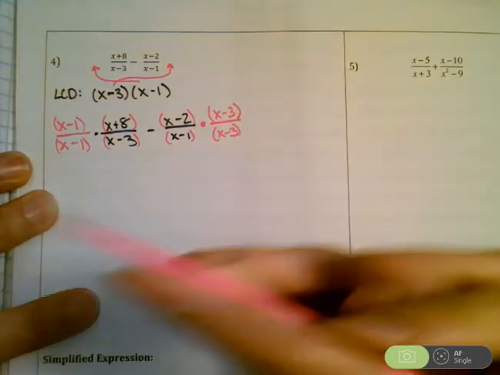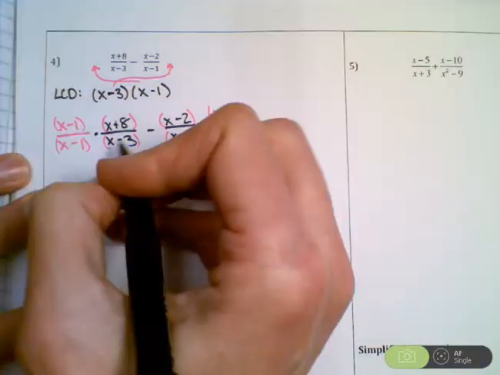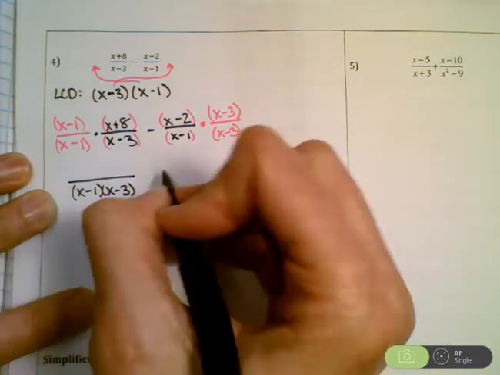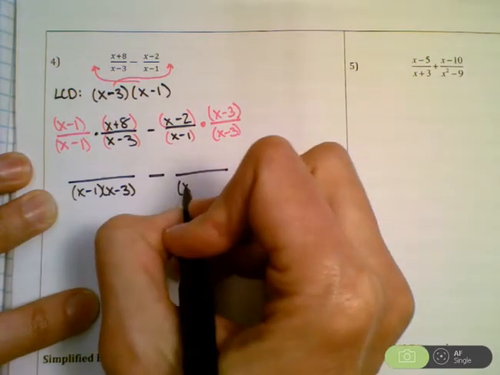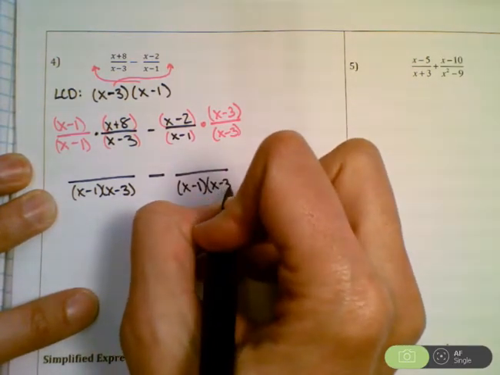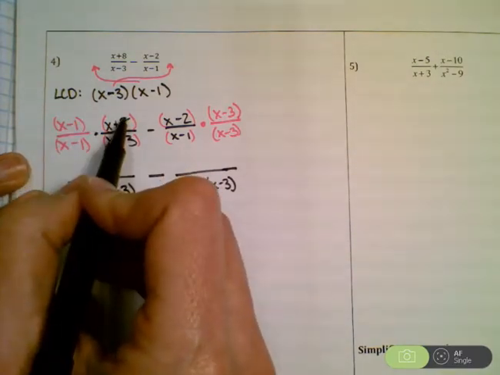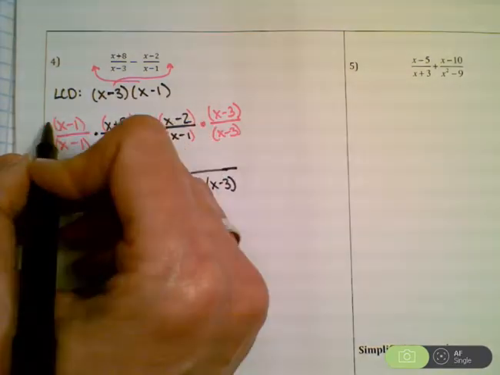So we put that there. Now we leave our denominators alone. x minus 1, x minus 3, minus something over x minus 1 and x minus 3. At this point we need to multiply the numerators, so I haven't been showing this step, but to multiply those,